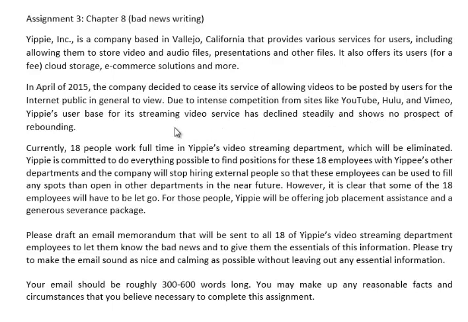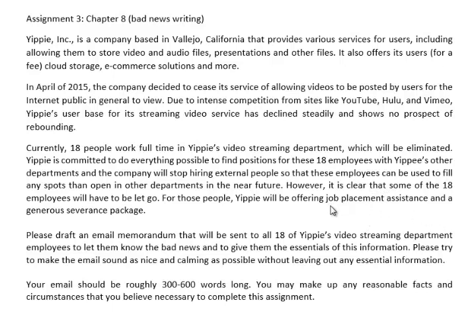They just had declined. Currently, 18 people work for the video streaming department, which will be eliminated. Yippee is committed to doing everything possible to find positions for these 18 people in other departments of the company, and will stop hiring external people so that these employees can be used to fill any spots open in other departments. In other words, if a different department has a job, priority will go to one of these 18 people,